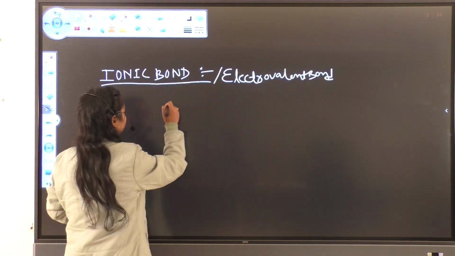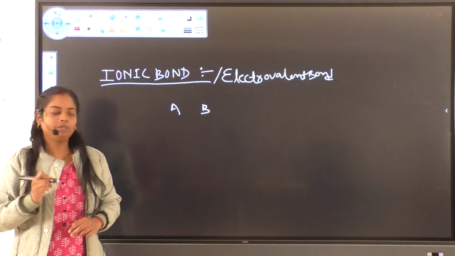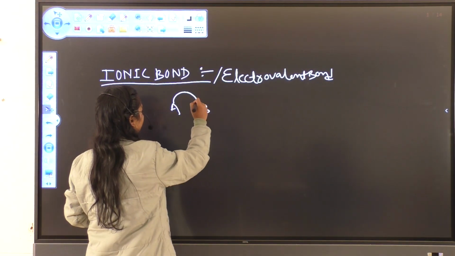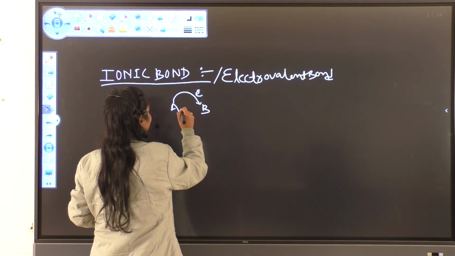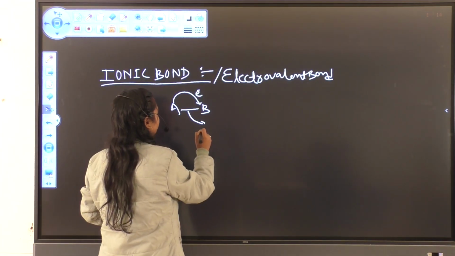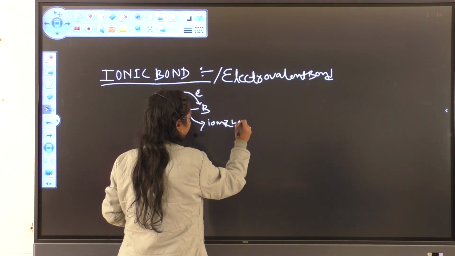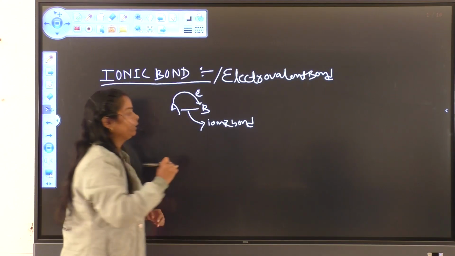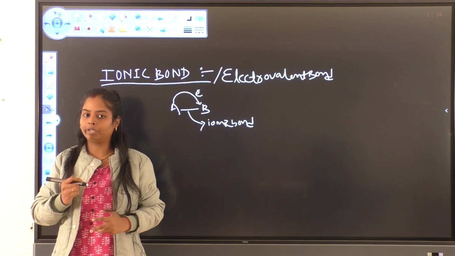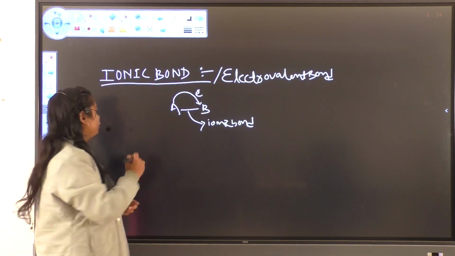Suppose A is an atom and B is another atom. The bond between A and B will form when the A atom gives an electron to the B atom, and the linkage between the A atom and B atom is known as the ionic bond. It can be one electron, two electrons or more, depending on the atom. Here, usually, the metal,